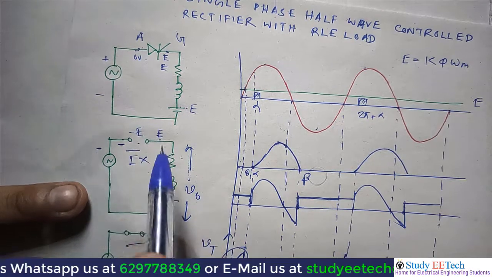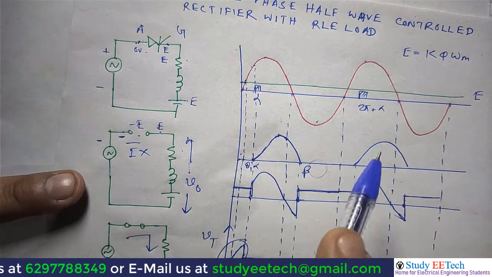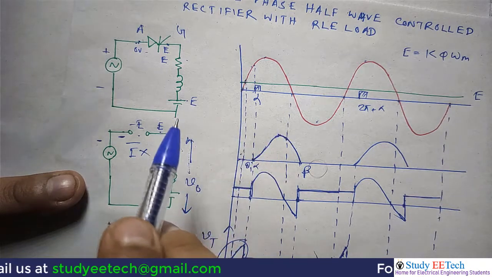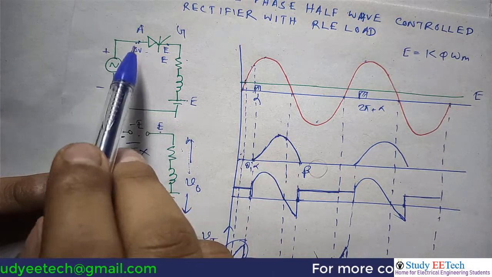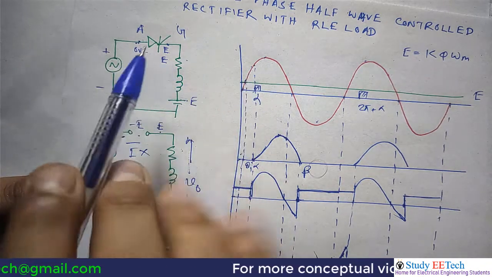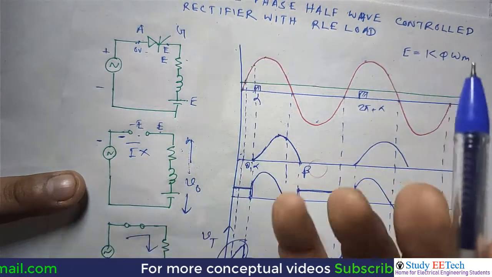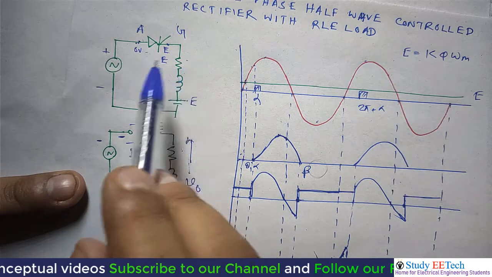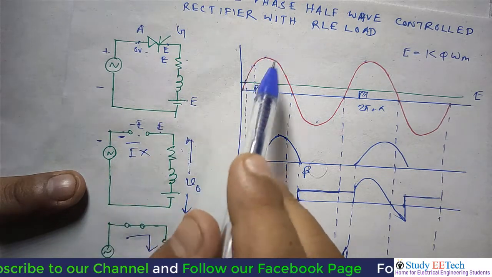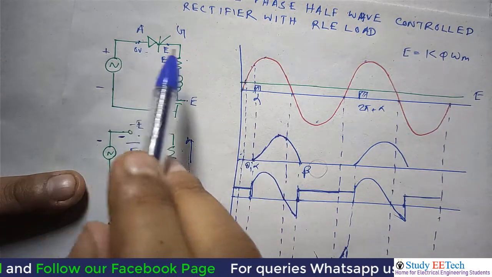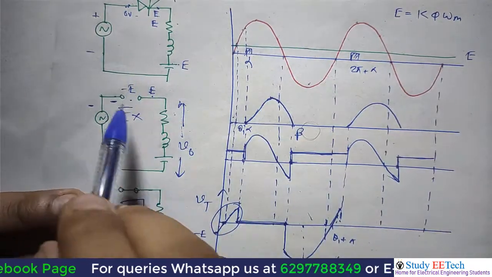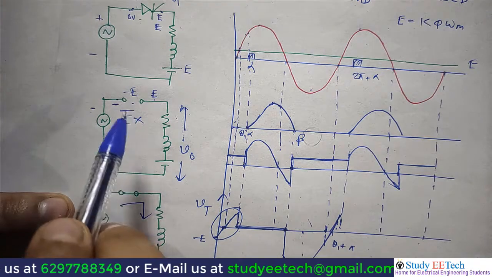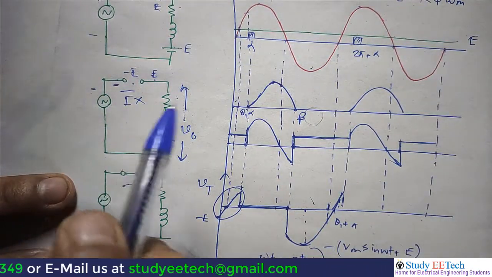Okay, so these are the equivalent circuits. One thing I can say is that a power electronic circuit seems to be complicated, but once you take the equivalent circuit, because the switches are either on or off, no other state is there. Like the transistor can operate in on, off, saturation and cutoff, plus the active region, but no active region is used here, only on and off. So once you draw the equivalent circuit, which switches are on, which switches are off, then the remaining thing is nothing but a circuit theory problem.